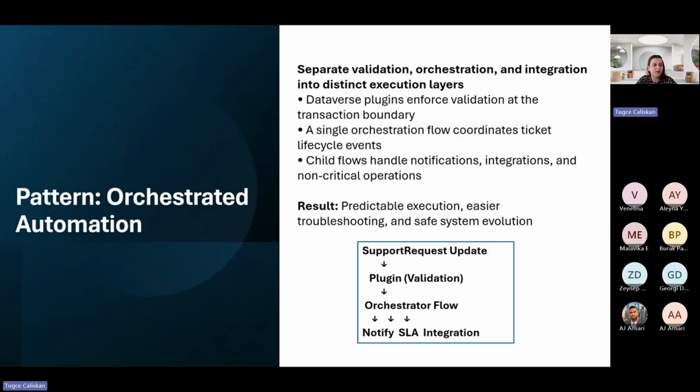As I mentioned, that happens very much when you have multiple flows doing the same operation on the same record, and you would have a loop that you would not be able to break. So it needs to be very carefully designed. We have a lot of things that can be done.